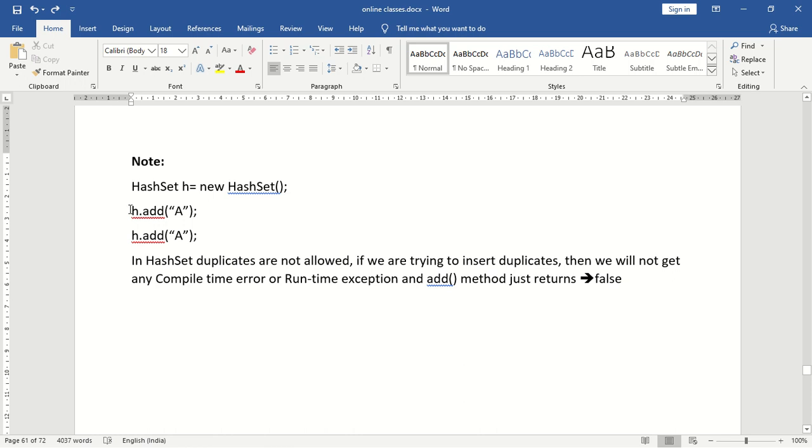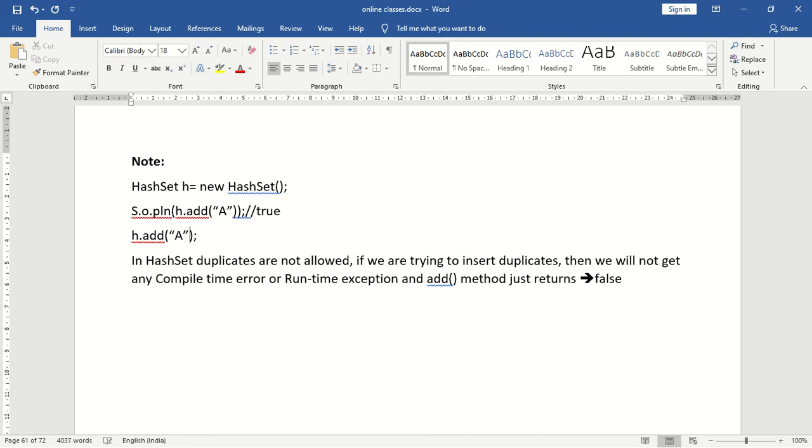So if I try to print System.out.println(h.add(a)), what will it return? The first time, a is not a duplicate, so it will return true.